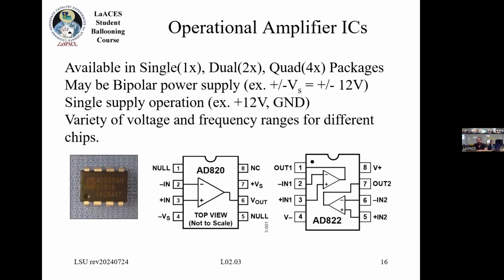So a final note on these things is what sort of types and packages there are. A lot of times you'll get multiple of these op amps packaged into a single chip. It's called a dual op amp. If you have 4 of them, that's a quad op amp, right? And then different ones will be designed to have different plus or minus values on the supply. And then sometimes you get different frequency ranges, so if you have time dependent signals,